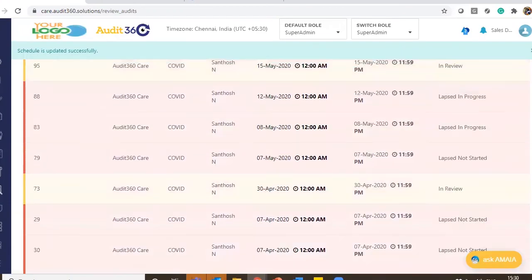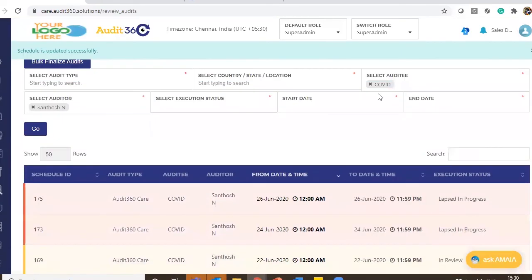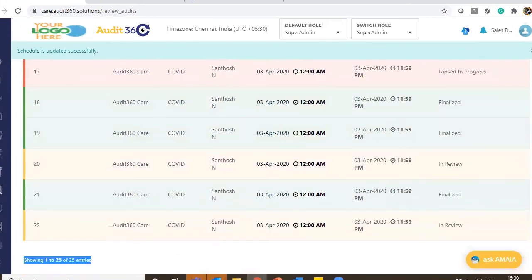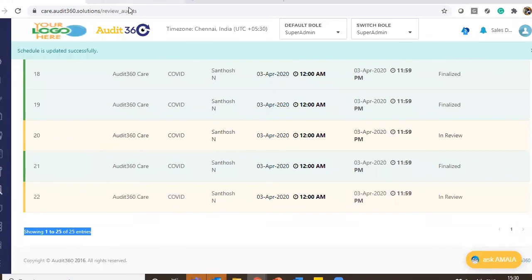So those audits will be sent for re-audit. And there are multiple execution statuses that can also be seen. All the execution statuses will be verified in this screen. So this is on the review audit module.